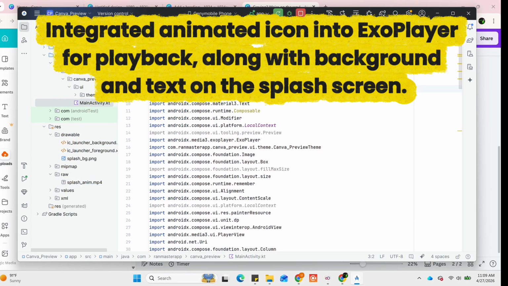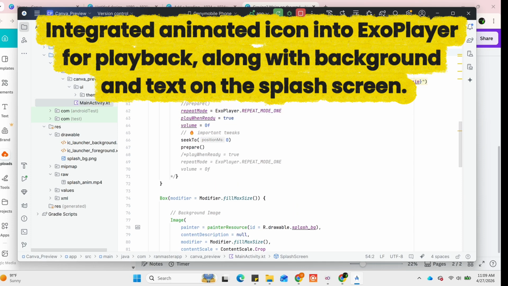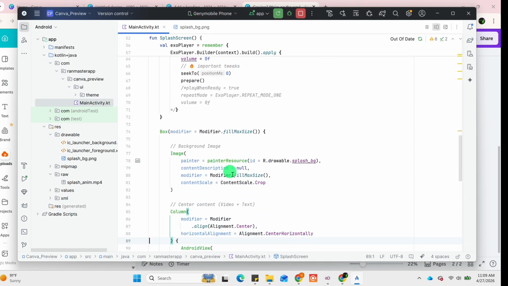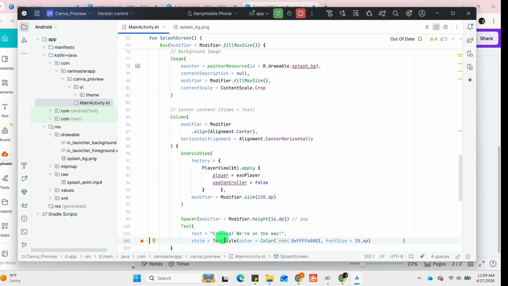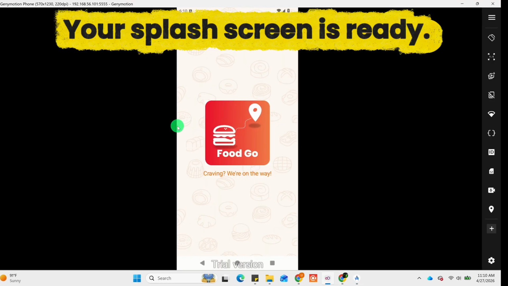Integrated the animated icon into ExoPlayer for playback, along with the background and text on the splash screen. Your splash screen is ready. Tip: